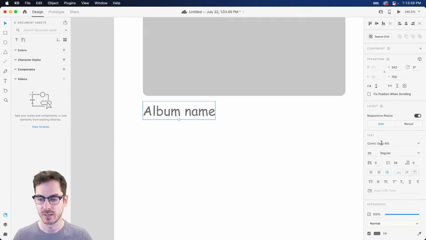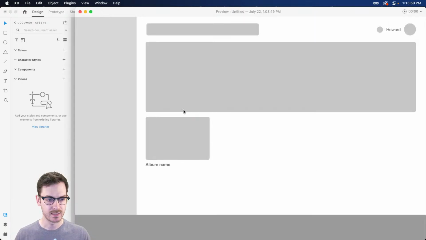So right down below, I'm going to click and then just type out. Comic Sans is forever haunting, isn't it? I guess for now, I'll just switch back to Helvetica. And we'll just bump this up to bold. And in terms of the size, that might be a little bit too large. Right now it's set to 20.